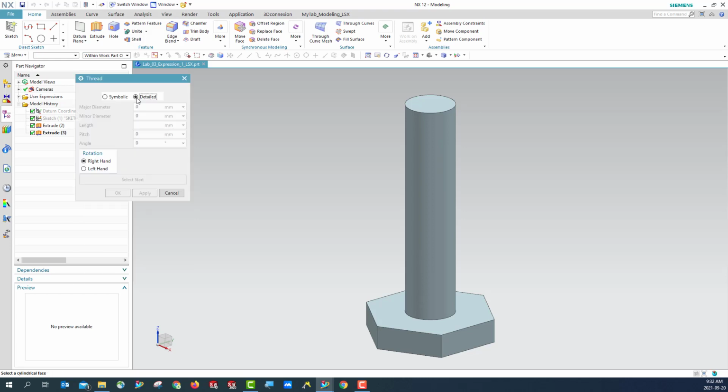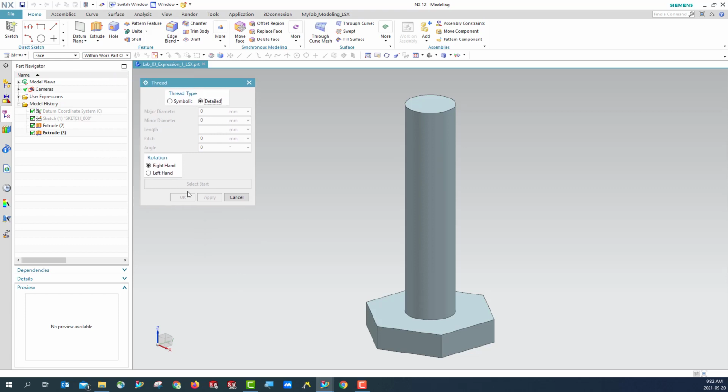So we're going to use detailed, and then if you look at the bottom, you can see select a cylindric face to start create thread. So we're going to select the surface